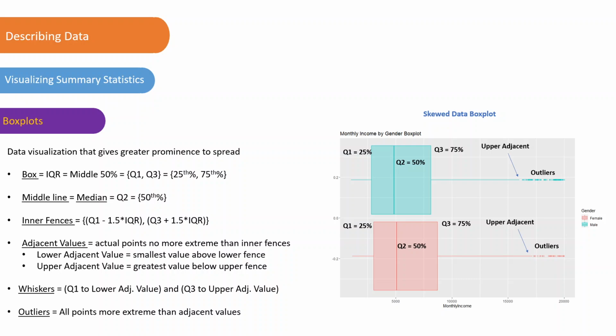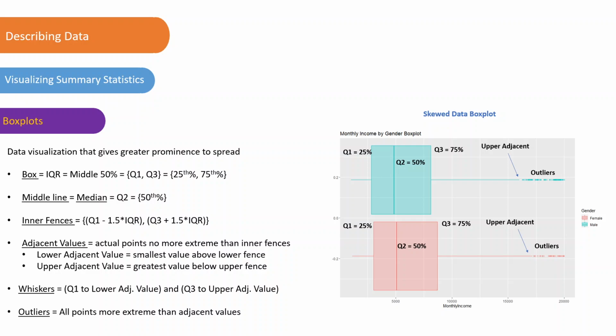Well, the adjacent values are the actual data points that you have that are no more extreme than your inner fence. Because the inner fence, which is again Q1 minus 1.5 times the interquartile range, and Q3 plus 1.5 times the interquartile range, there's no guarantee that's an actual observation, right? There's no guarantee that's an actual data point. Well, the adjacent value is an actual data point, the one that doesn't go outside of